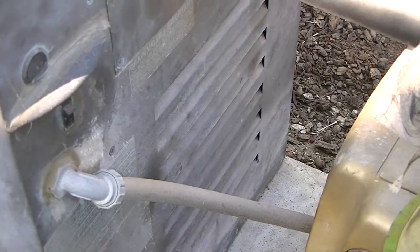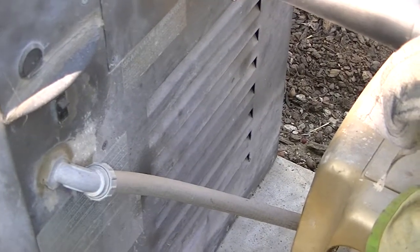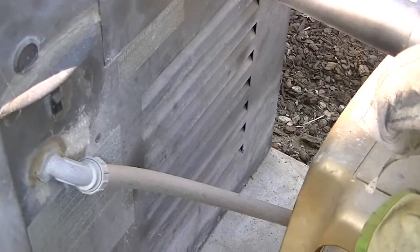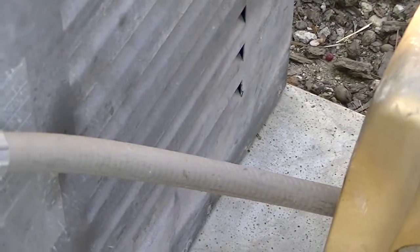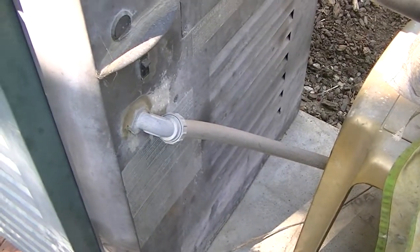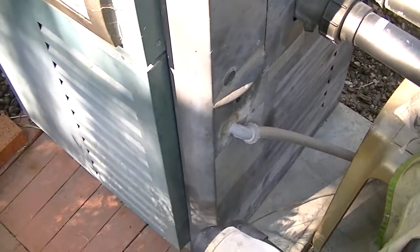replacement, so I ordered one, and the guy was all ready to bring it over, and I turned on the motor. I walked around it for days trying to figure out where the leak was, with water coming out of this corner here, and just couldn't isolate it. And so it's got to be the heat exchanger. So I started taking the whole thing apart because I had to move it and put a new one in, and